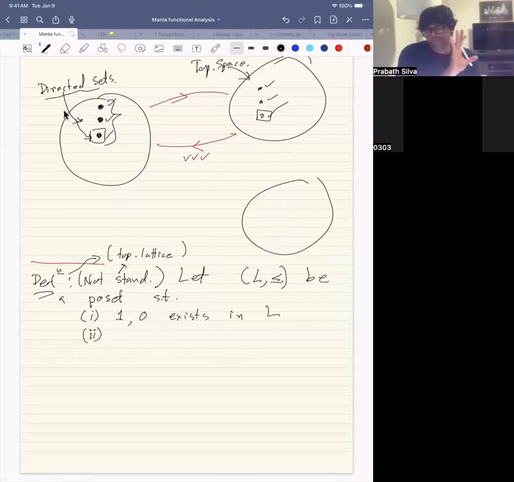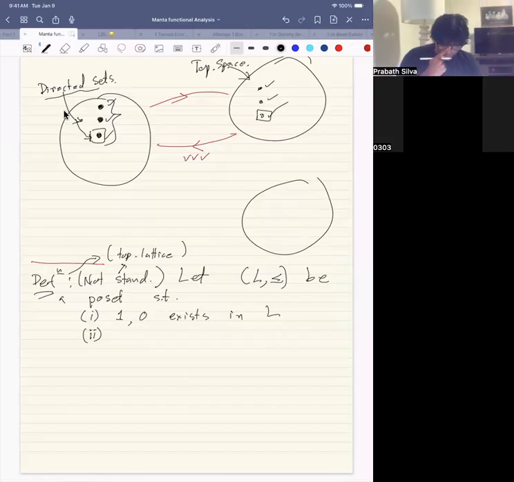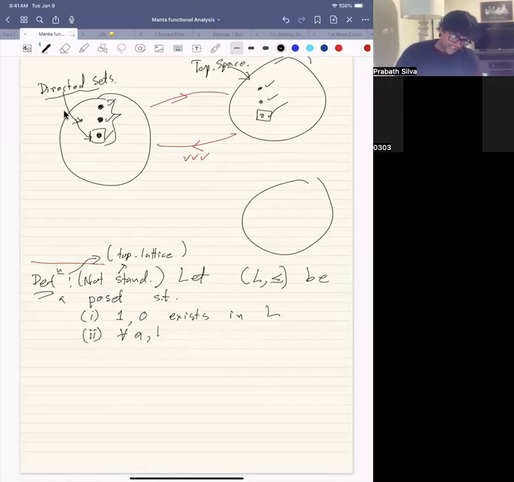Actually, there's this whole field of study, areas of math that does this. Okay, and the whole set and empty set is in here, and then the second property is that it's closed under finite intersection. So that means if we have A and B in L, then